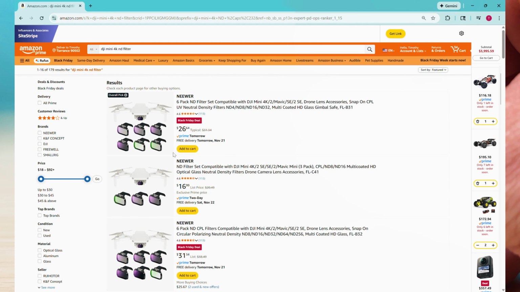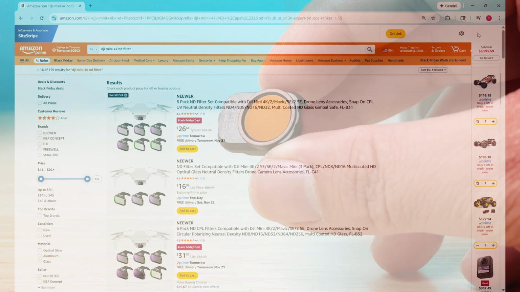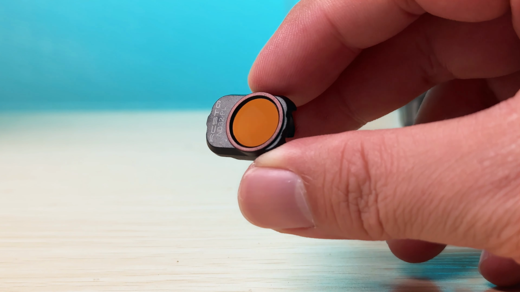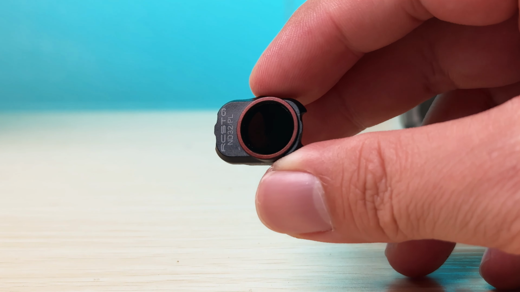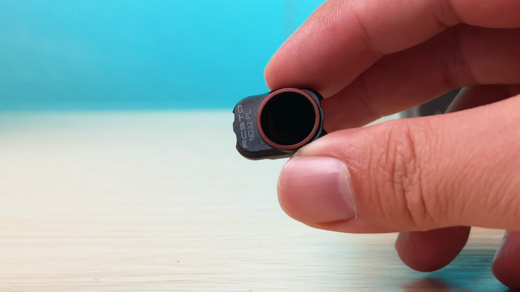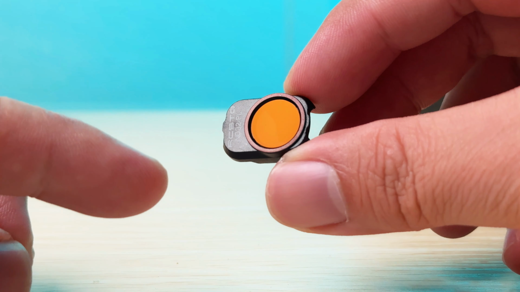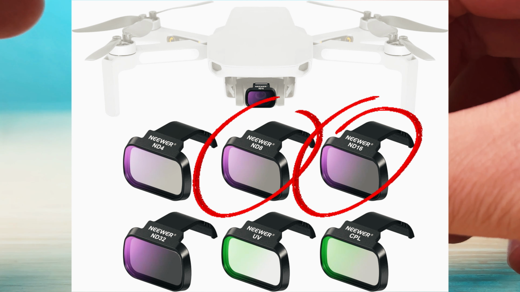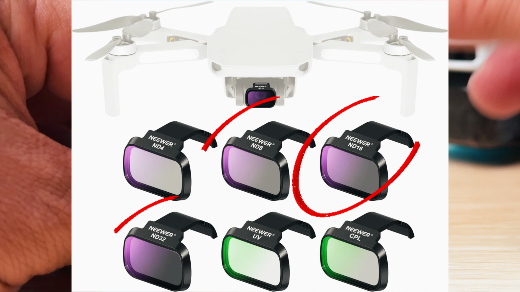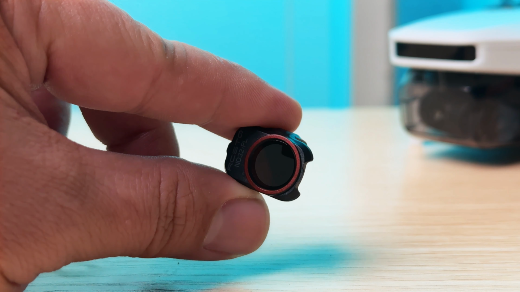First thing I want you to bring out is going to be the ND filter for the DJI Mini 4K or the DJI Mini 2. Yes, it actually fits, surprisingly, so this is a workaround that you can use for now just because Potensic doesn't have their own ND filters yet. My suggestion is to at least get an ND8, ND16, and ND32 so you will be able to cover most of the scenarios in your daily shoots.